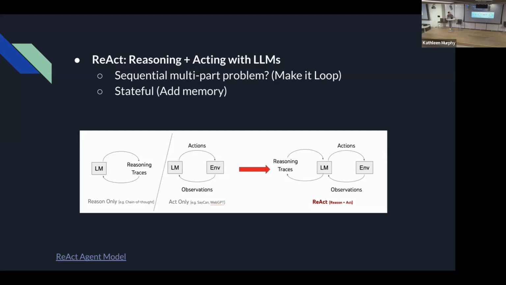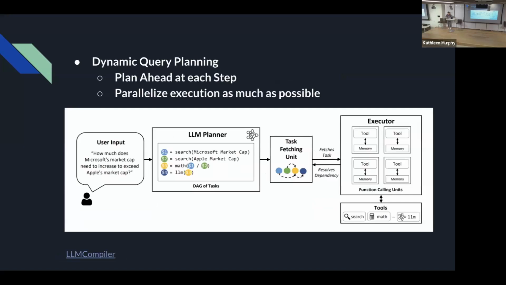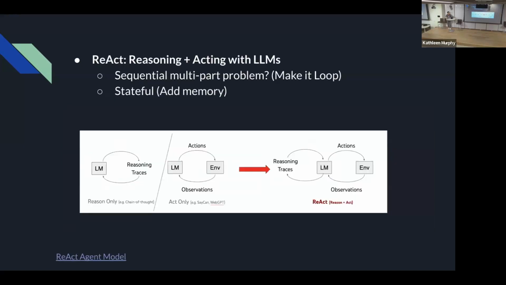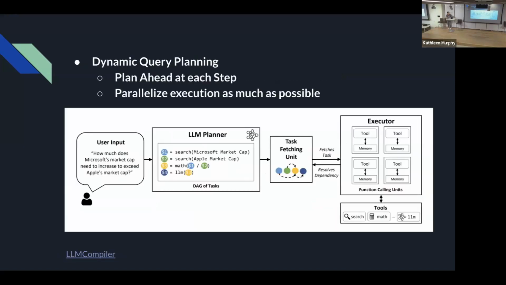There are a number of companies that have already developed code which implements this model. There is one from Cohere, another one from OpenAI. However, even ReAct cannot solve one thing. Firstly, it cannot plan. It has to run step by step, right? It cannot plan ahead. And another thing is that because it's a loop, it cannot run in parallel, right?